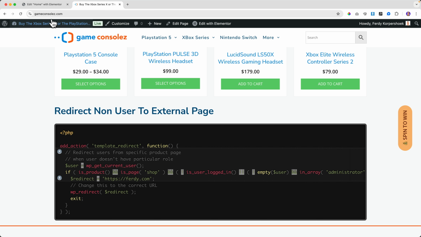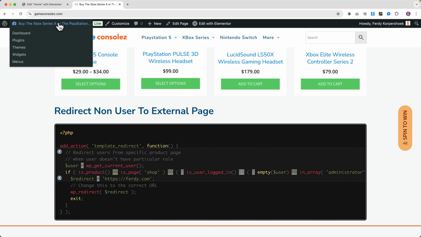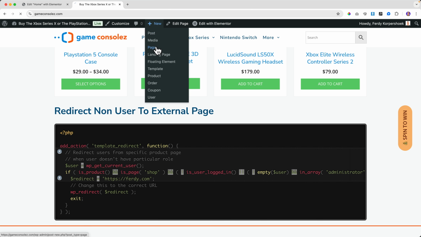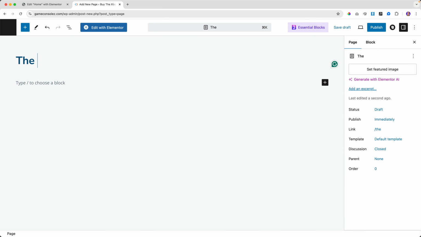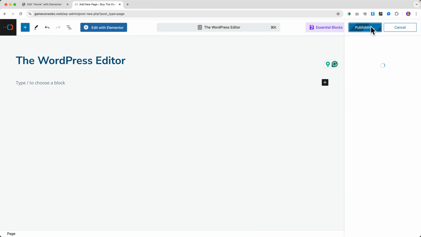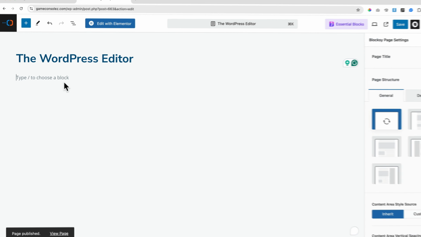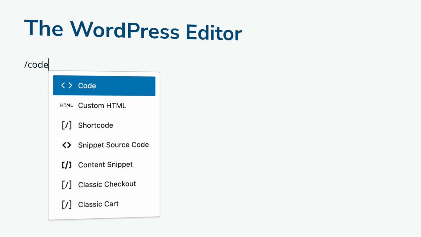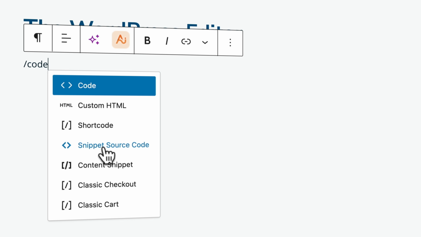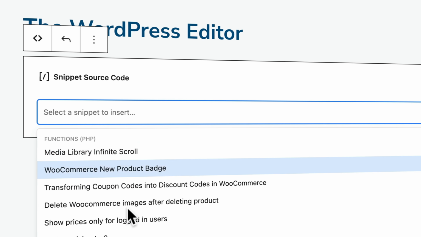And with Gutenberg, I go to a new page, the WordPress editor, publish, and also over here /code snippets, and then there's the snippet source code, and I can do the same.